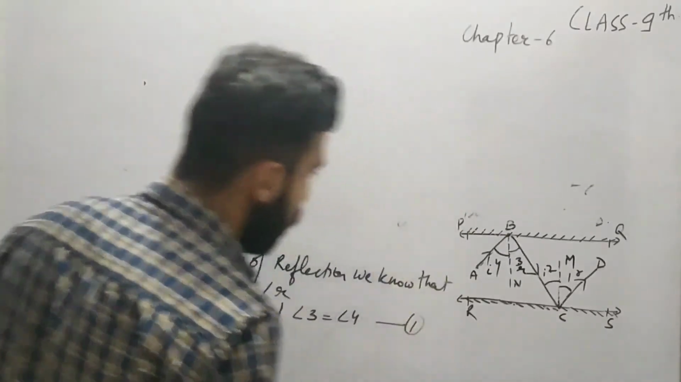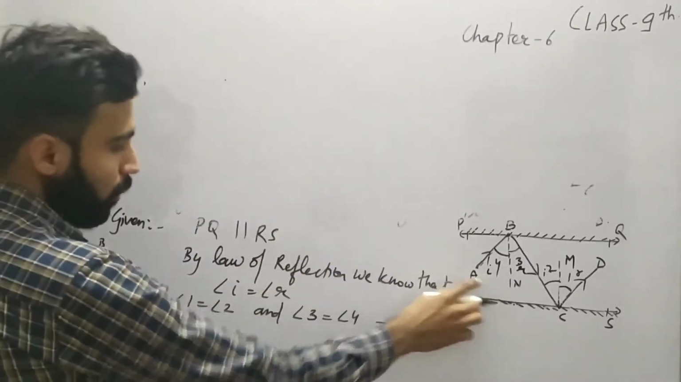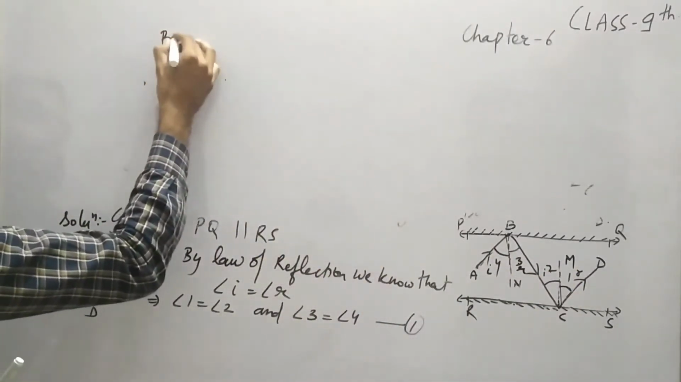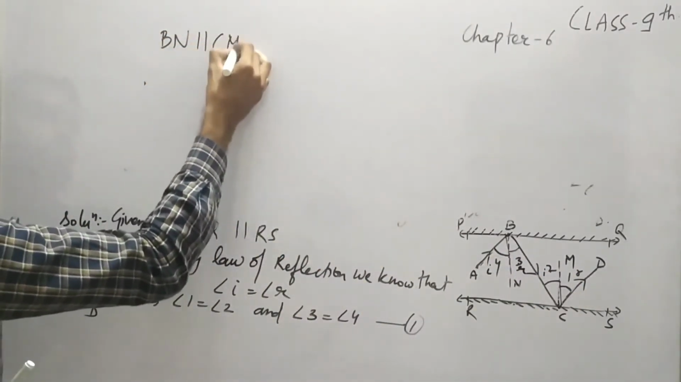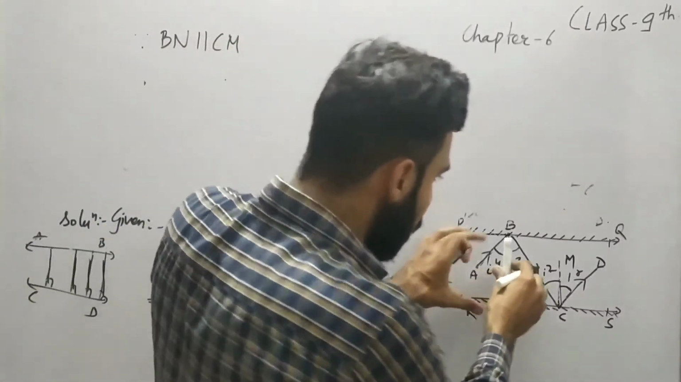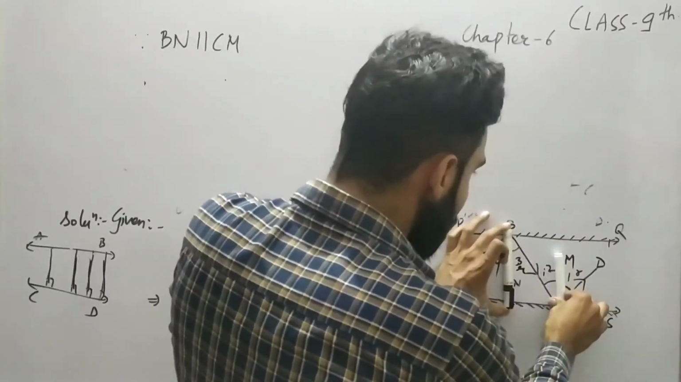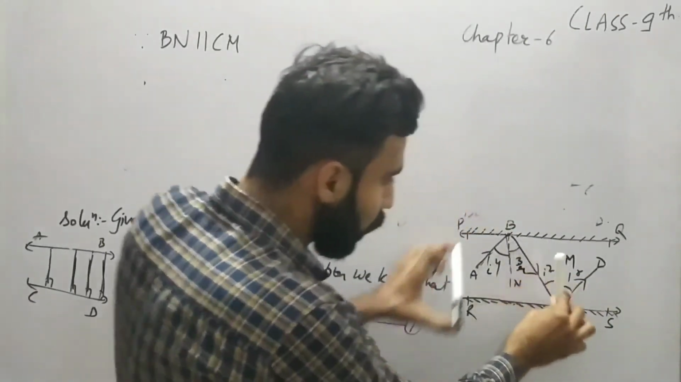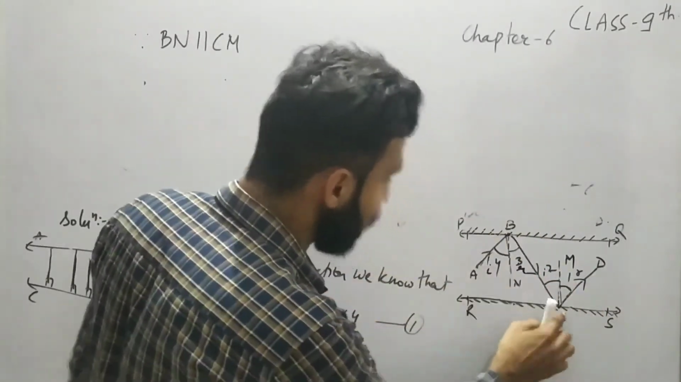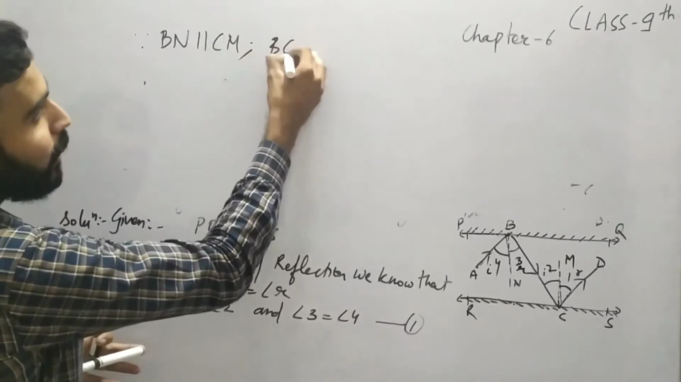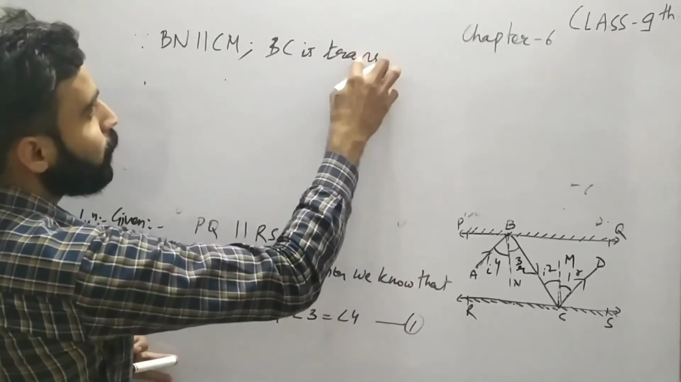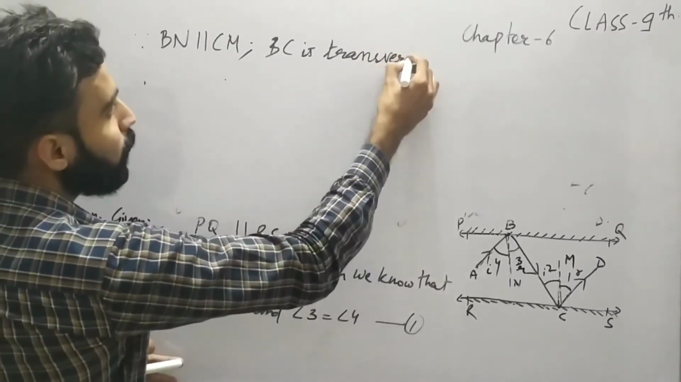So let's move further. Now you can see here that I've told you that BN is parallel to CM. Let me just write that BN is parallel to CM, right? Since BN is parallel to CM, now you will observe that BC is going to be the transversal, which is intersecting both the parallel lines at points B and C, right? Then BC is the transversal. Let me just write it clearly. Transversal,